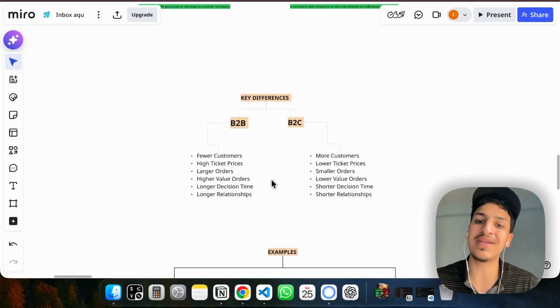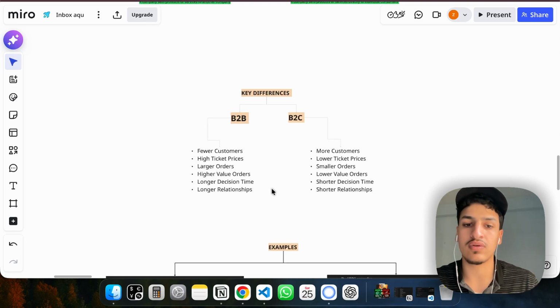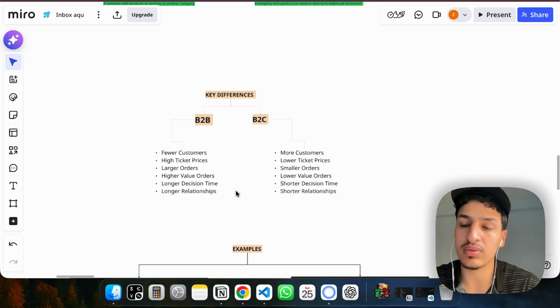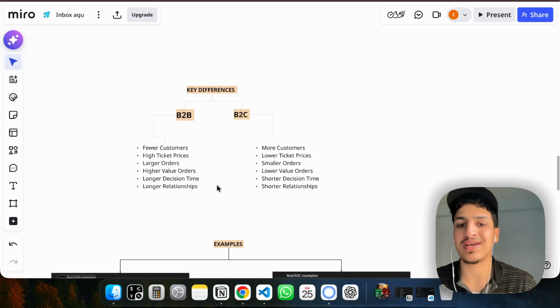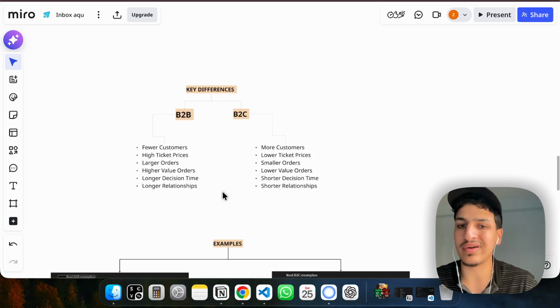And it has, of course, longer relationships. In B2C, it has more customers but lower ticket prices, smaller orders and lower value orders, short decision time to make any transaction, and